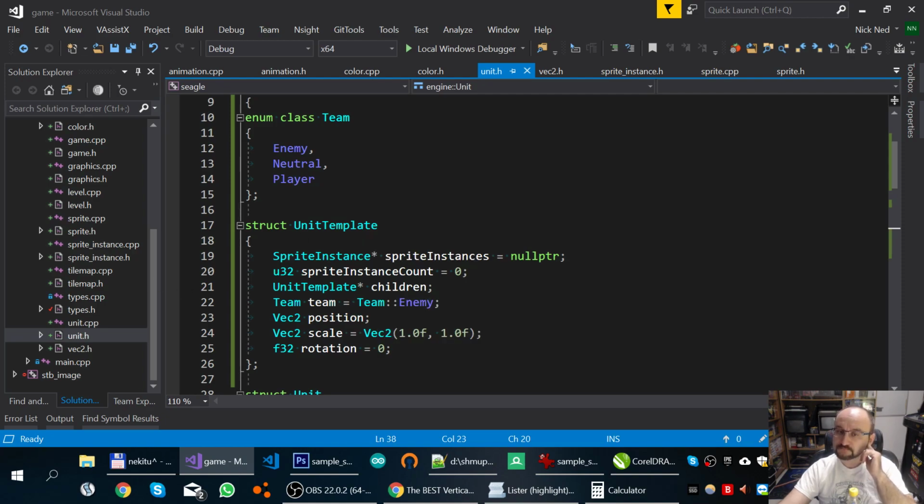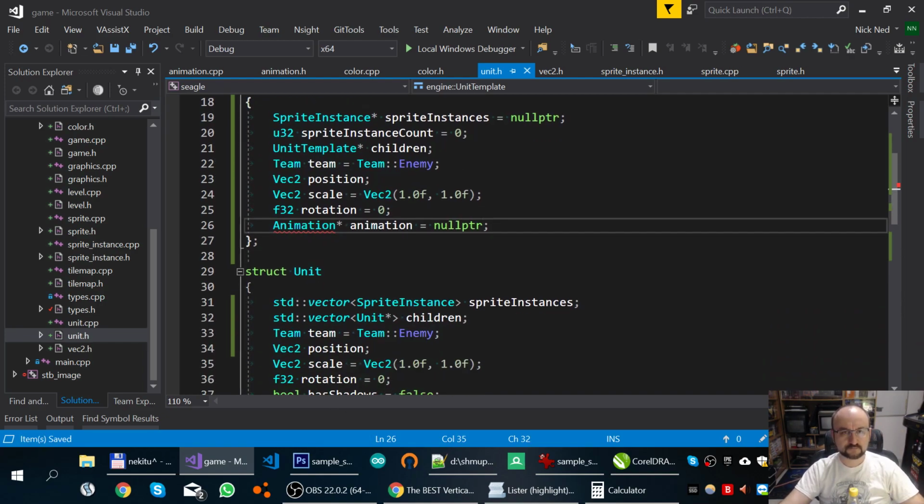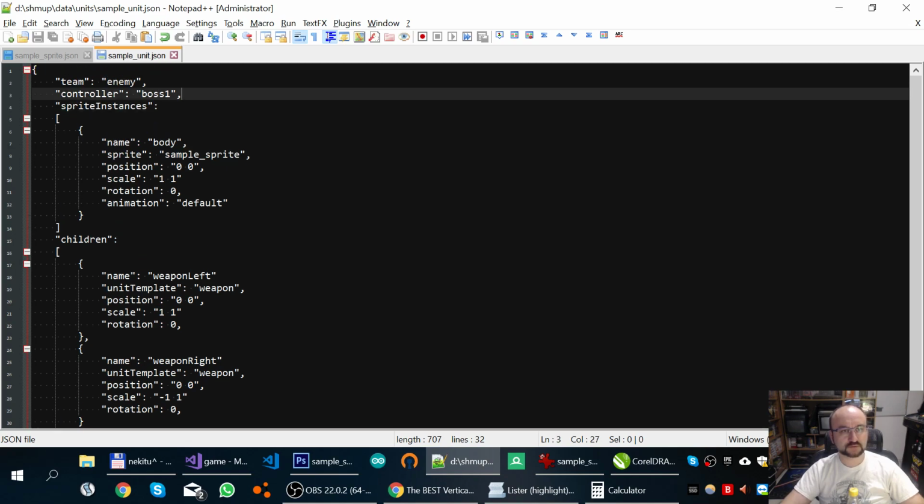In the unit template we have an animation of its position, rotation, scale. So we'll have animation, just that animation. Okay, so we'll have also here, if you want to animate it,